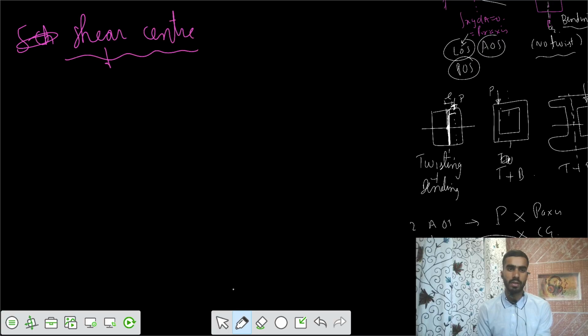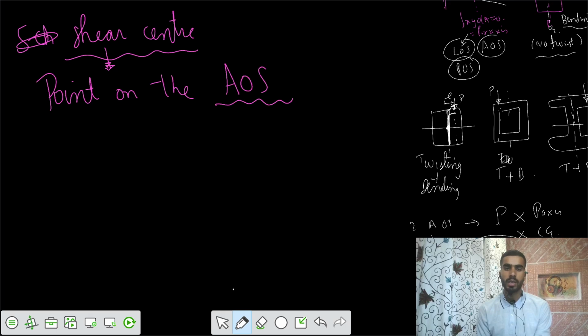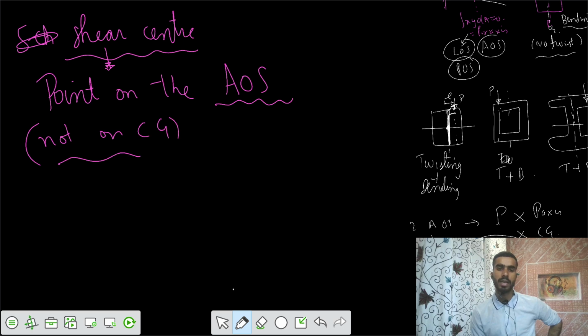So shear center is the point on the axis of symmetry. Not on the CG, but on the axis of symmetry. This is not the condition that it is on the CG. There might be some chance that it is on the CG, but the condition is that it should be on the axis of symmetry, such that